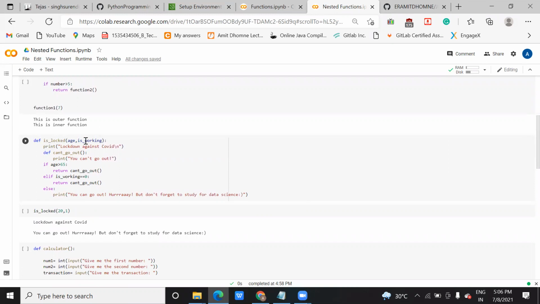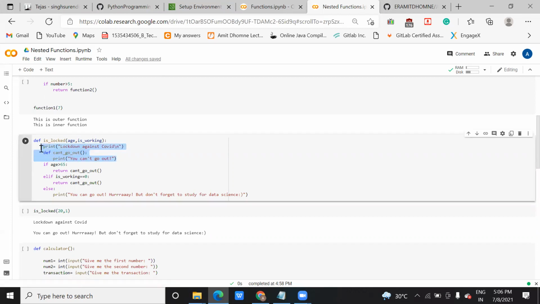Here we are defining the condition, printing it, then I have created one function and defined the body. Now the condition will be checked. Here we are calling the function with two arguments, age and is working. So this 20 and is working will be copied here and assigned to the age and is working variables. Then the compiler will read this statement, but it will wait for the function call.